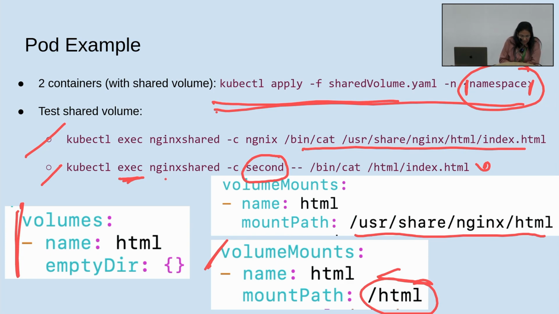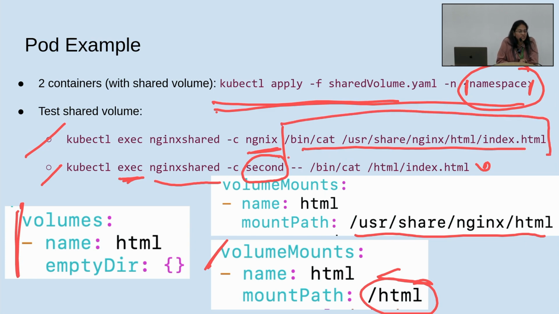And what it implies here is that nginx shared is the pod name, right? And -c implies the container name inside the pod that you want to exec into. After that is the command that you want to run. Some of you tried to get into the shell of that container; you could have directly done /bin/sh and gone into the shell of the container. Or you can directly run the command that you want in that exec itself, without getting inside the container using the shell. Right? So once you've explored that,